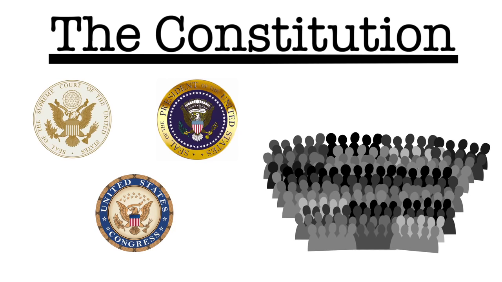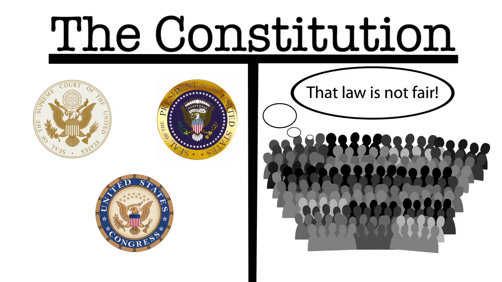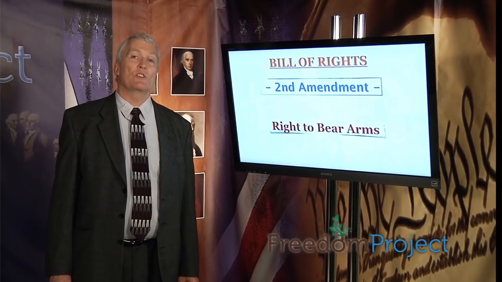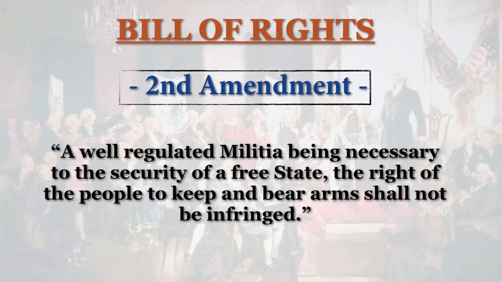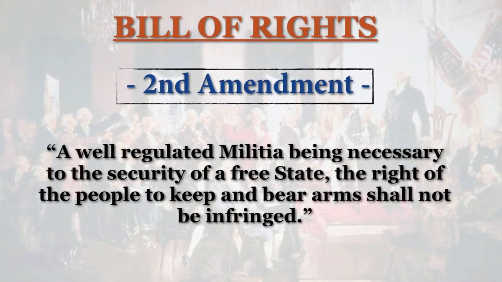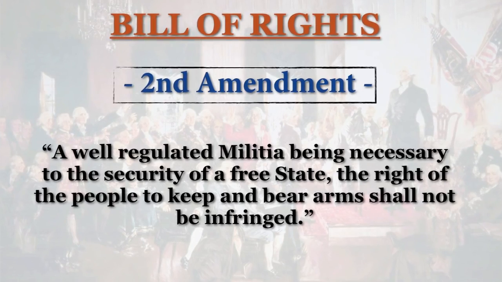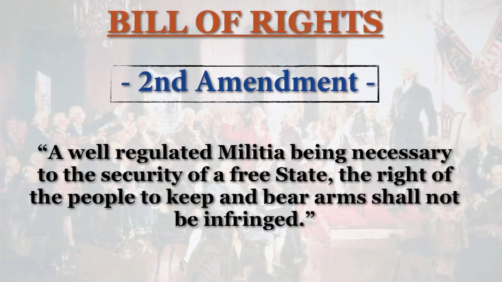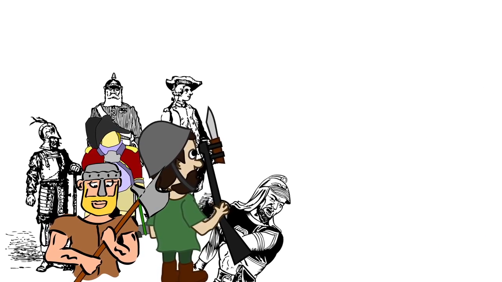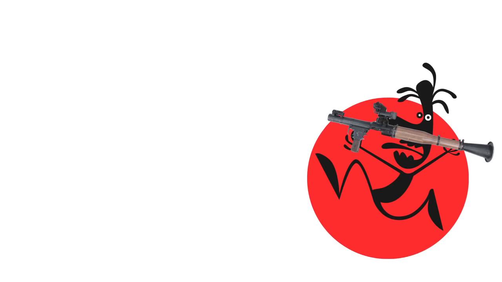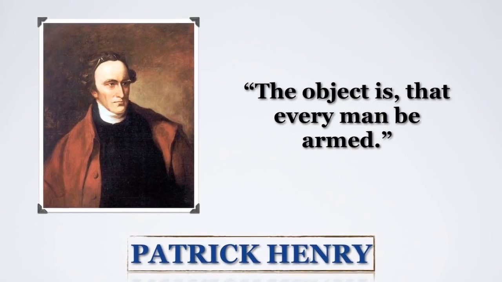In other words, the Founding Fathers wanted the citizens to be able to critique the government without risking punishment. The Second Amendment has to do with the militia and the right to keep and bear arms. It states, "A well-regulated militia, being necessary to the security of a free state, the right of the people to keep and bear arms shall not be infringed." The founders had come from countries where the only people who had weapons were the soldiers. In fact, the founders felt so strongly about the citizens being armed that Patrick Henry said, "The object is that